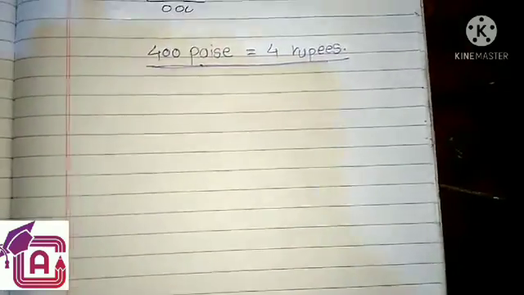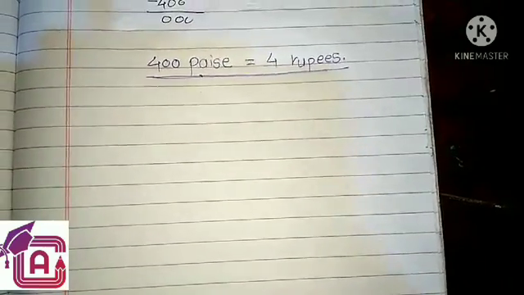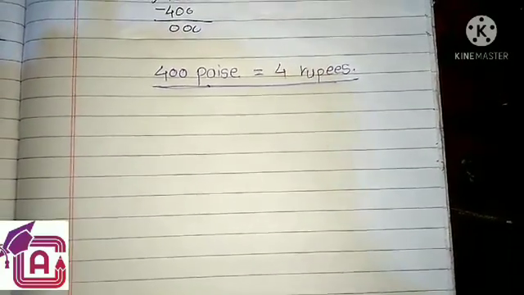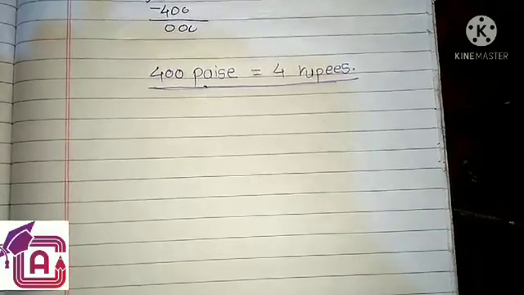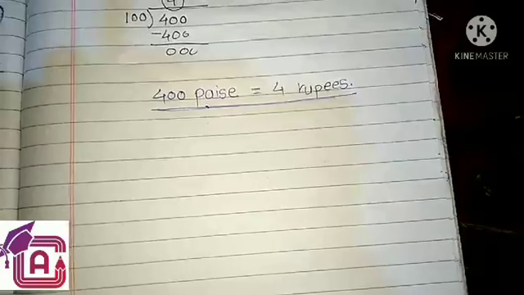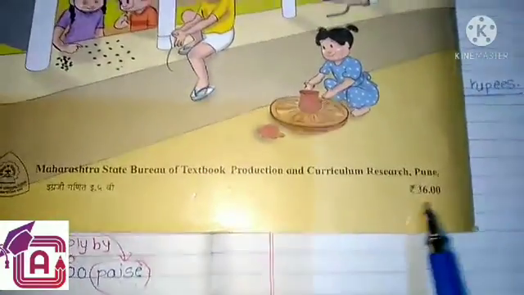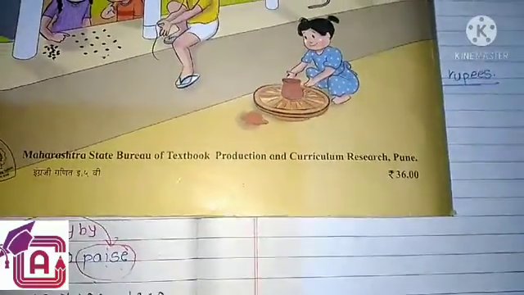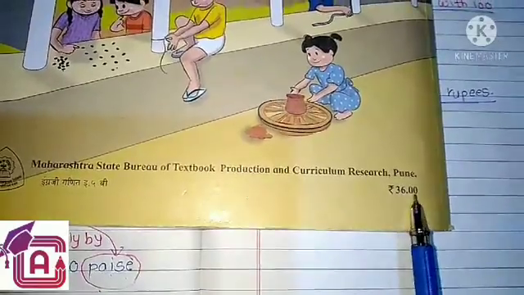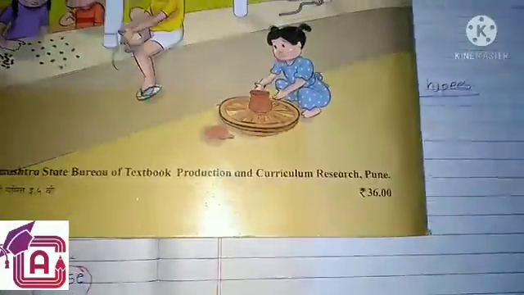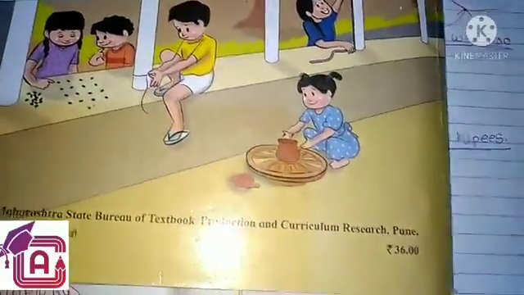Now, in this currency, how are we using a decimal fraction? If the amount or any price of a product is a combination of rupees as well as paise. I am showing you one product, this is a book of standard 5th, mathematics standard 5th, and it has a price of rupees 36. Means this price is in rupees, 36.00 is given. Decimal point is used here, 36.00.